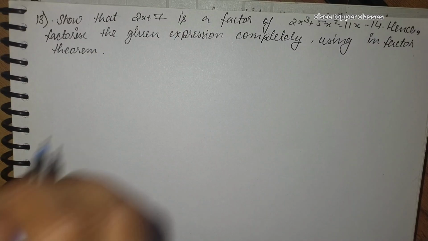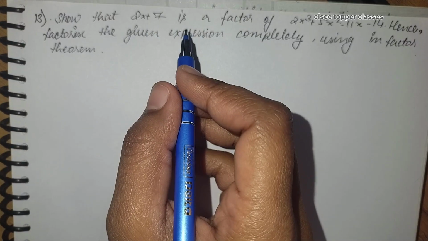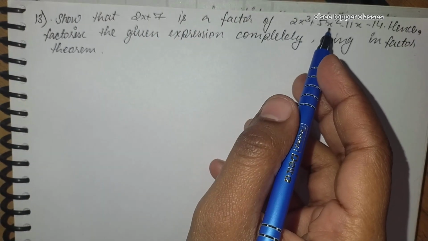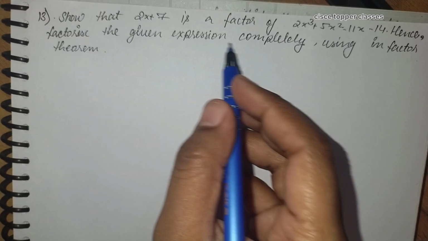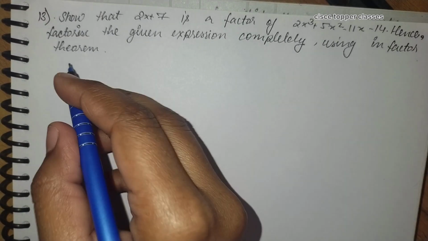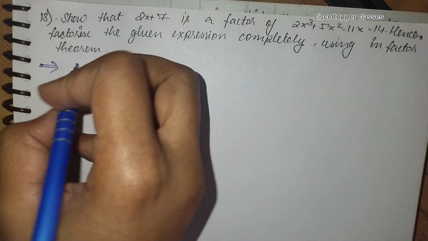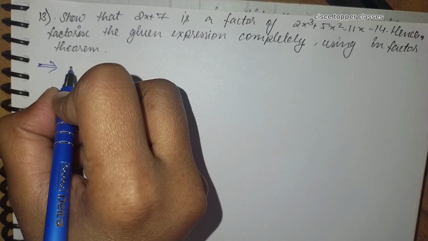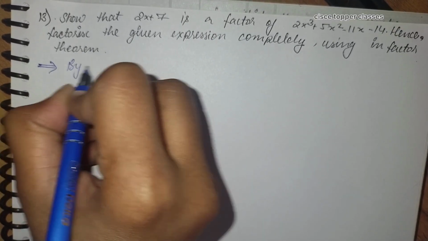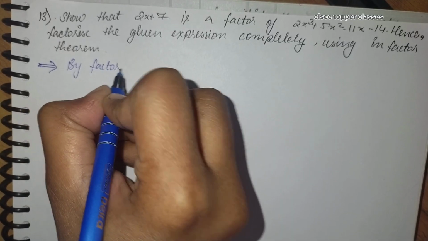Now, let us solve question number 13. We have to show that 2x plus 7 is a factor of 2x cube plus 5x square minus 11x minus 14. Hence, we have to factorize the given expression completely using the factor theorem. So, we can write it as 2x plus 7 is a factor of this. So, if we have to prove by factor theorem, we can write